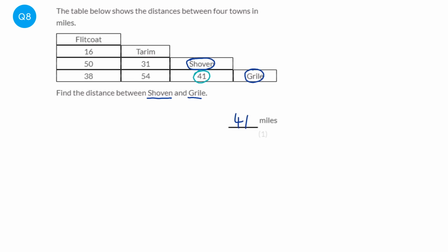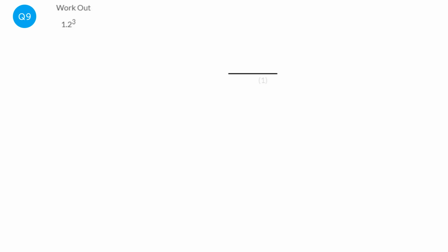So we can either use the calculator to work out what 1.2 cubed is, or we can do 1.2 times 1.2 times 1.2. Now if you want to use the calculator to go straight there, you're going to type in 1.2, and then normally there's a button that looks like this, X with a little 3, okay, and that will give you the answer. Or if you're not sure how to do that, you can times it by itself 3 times, and you get the answer